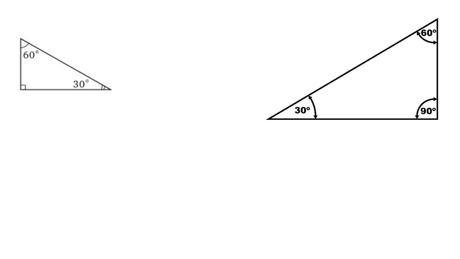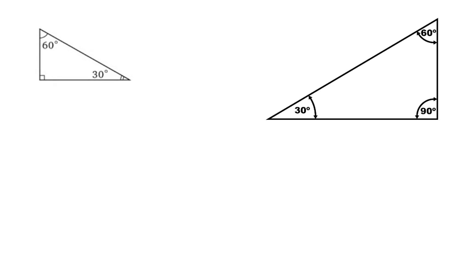Hello. Hey, we're talking about 30, 60, 90 triangles, and just like the proportions of the sides of 45, 45, 90 triangles, the proportions among the sides of a 30, 60, 90 triangle have also been known since ancient times. And part of the reason is that a 30, 60, 90 triangle is exactly a half of a